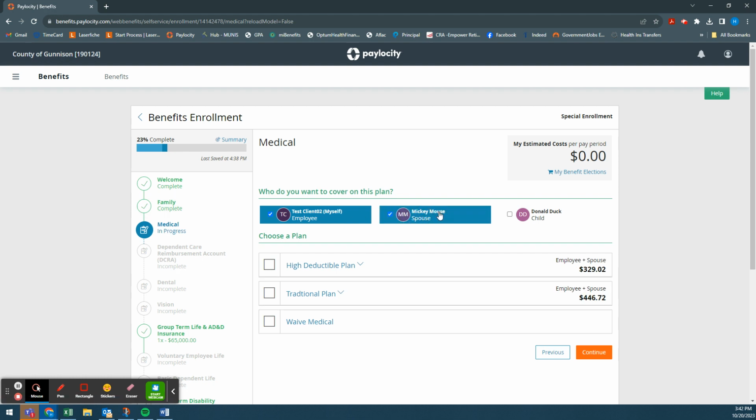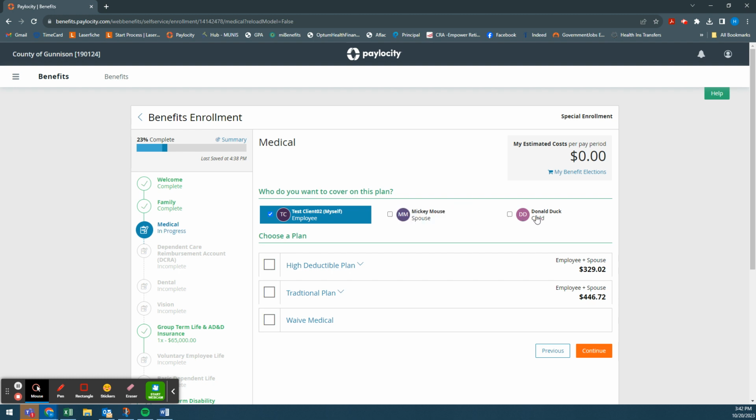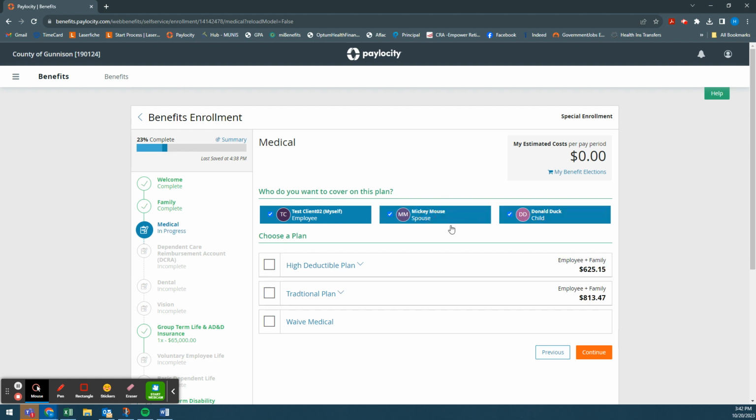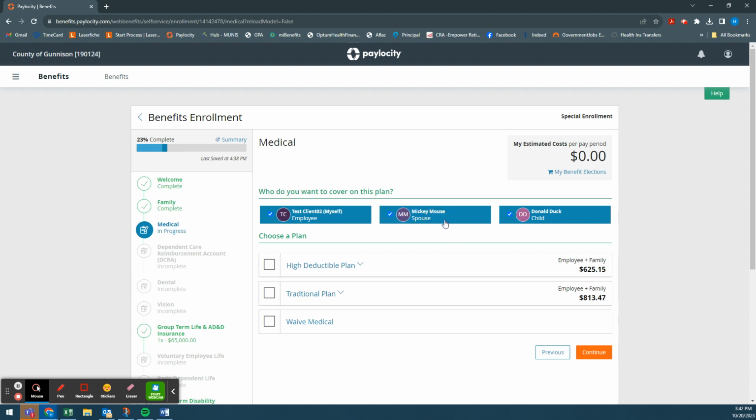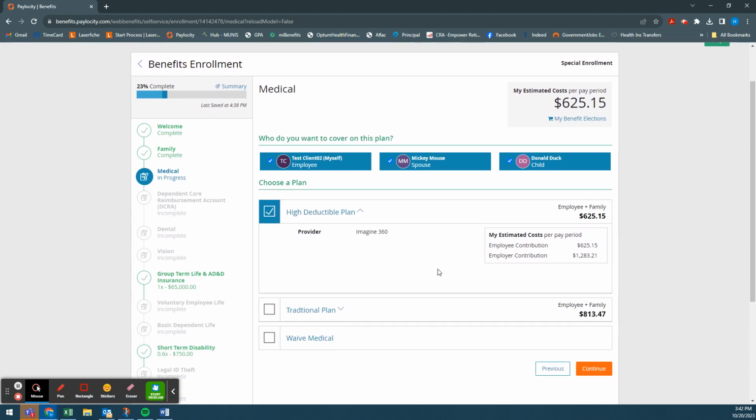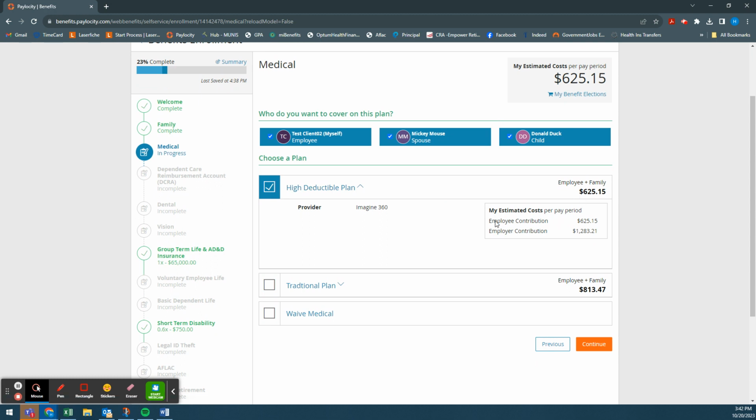So if you wanted to add your spouse or child or just child and not your spouse or both, you'll see when I click off of these that the rates will change depending on if you elect your child and spouse or not. So once you have who you want on the plan, then you would actually choose the plan that you want. So I'm going to choose the high deductible health plan, and you will see that the employee contribution is going to be